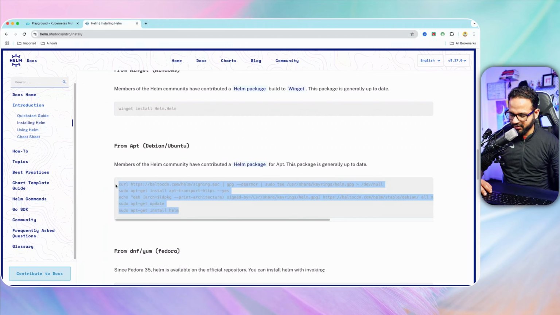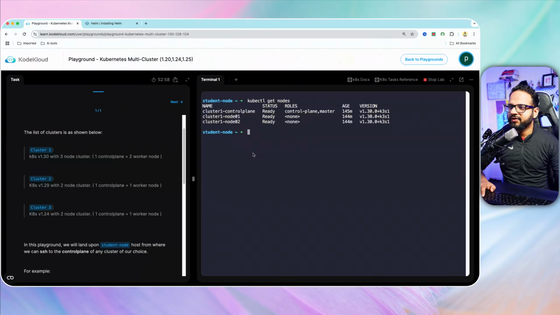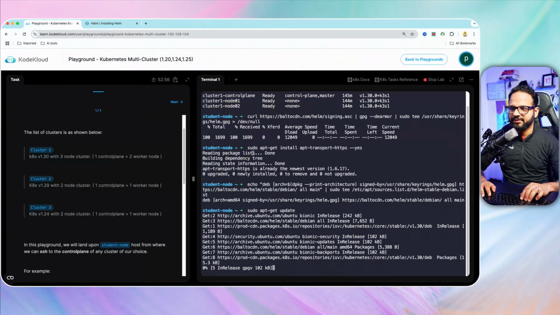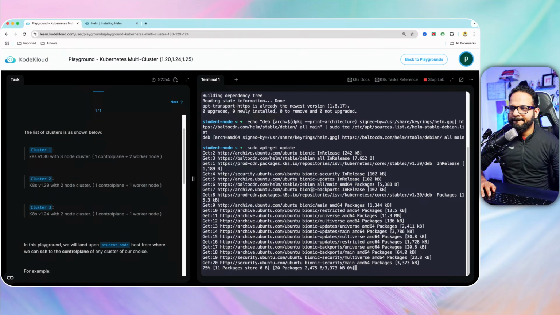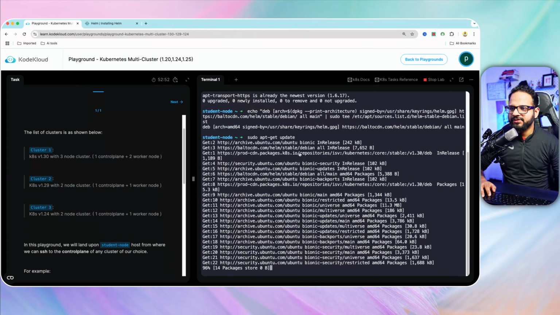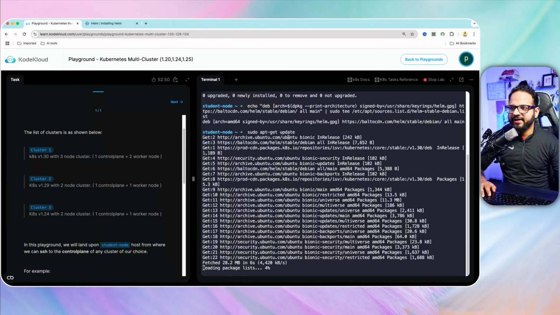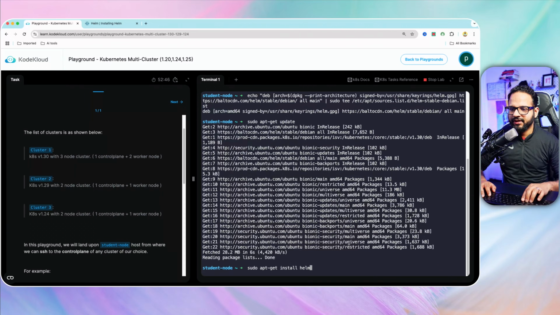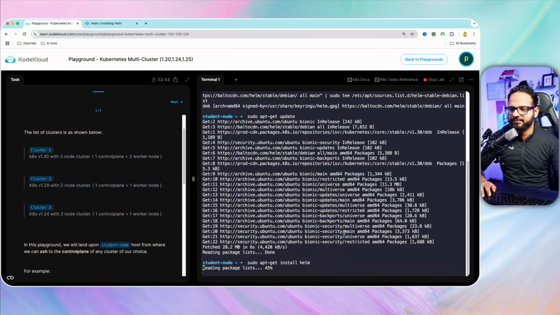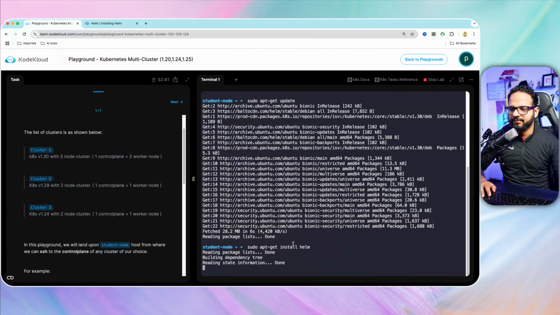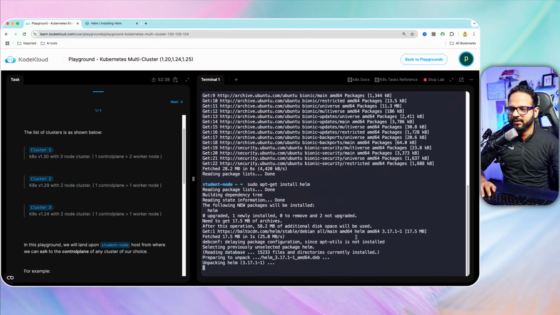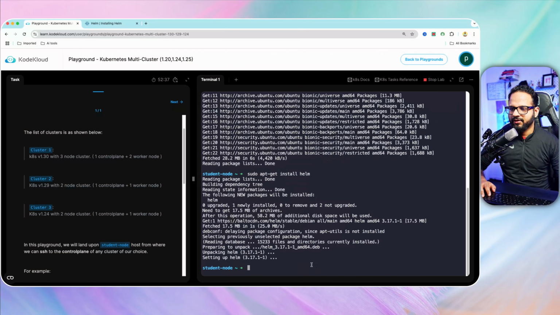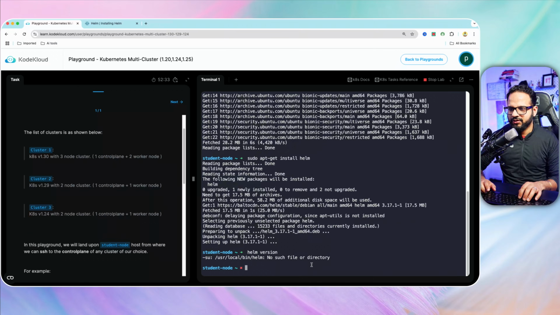So I'm just gonna copy everything and let's go back over here and just paste it over here. Okay, so it's gonna do the apt-get update and then it will install the package. Okay, apt-get install helm. All right, so now if I do helm version,